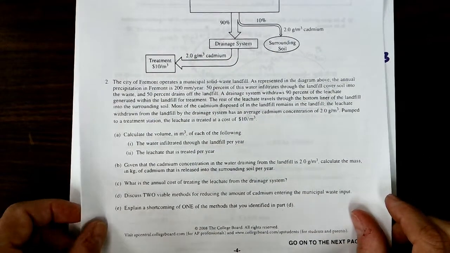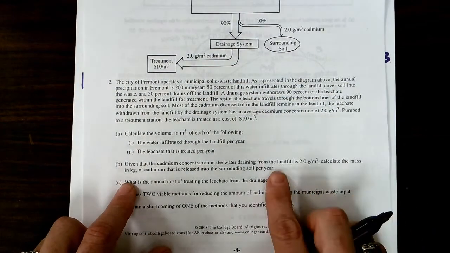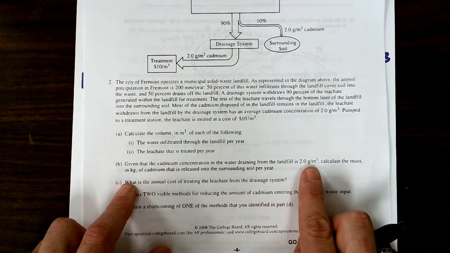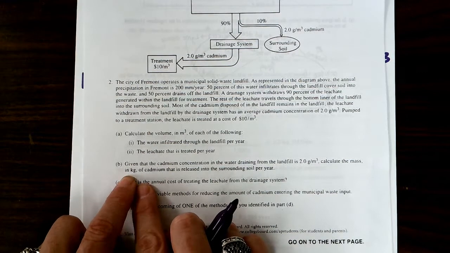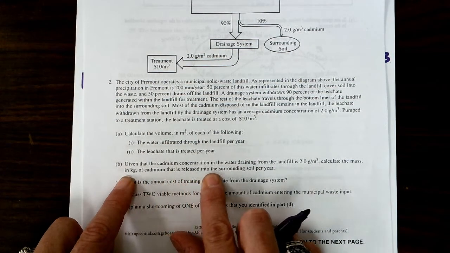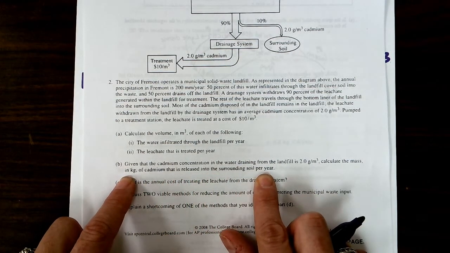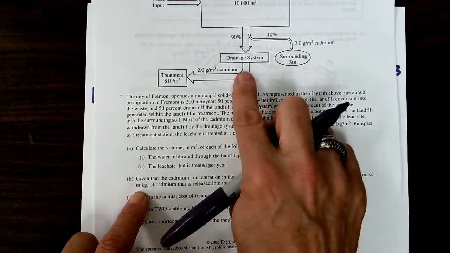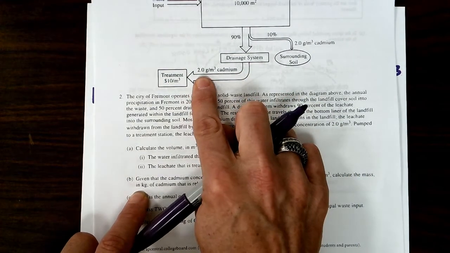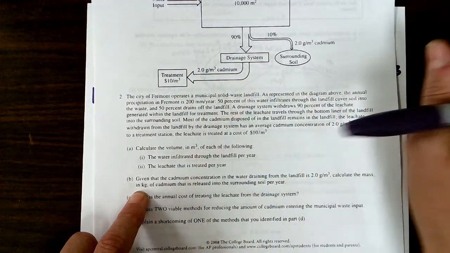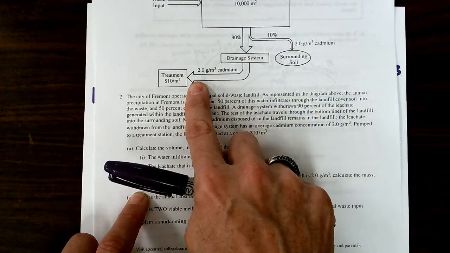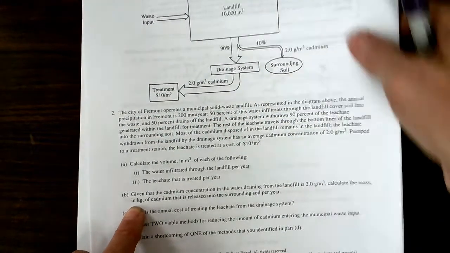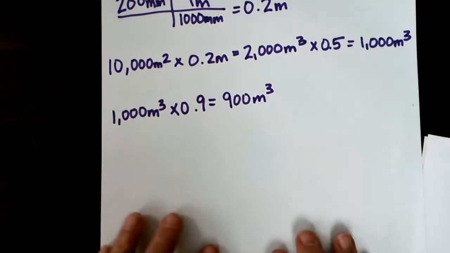Given that the cadmium concentration in the water draining from the landfill is 2 grams per cubic meter, calculate the mass in kilograms of cadmium that is released into the surrounding soil per year. Alright, so 2 grams per cubic meter of cadmium is released into the surrounding soil per year. Oh, sorry, that goes to treatment, that goes to soil. So looking at B,